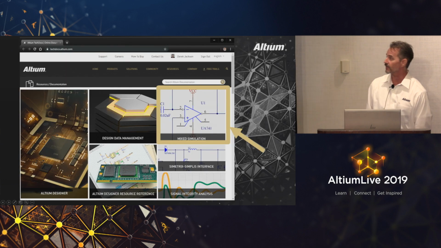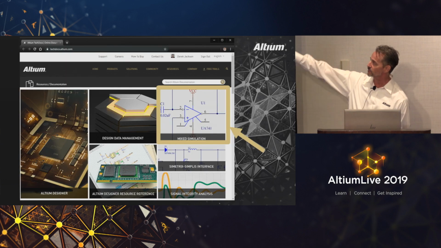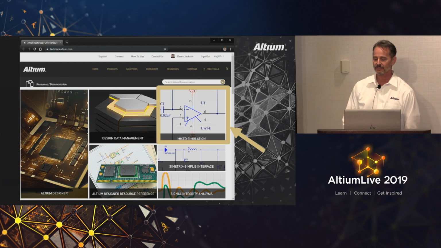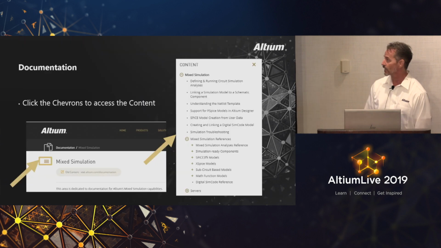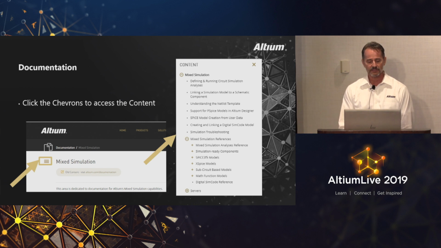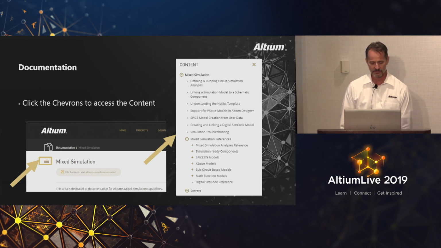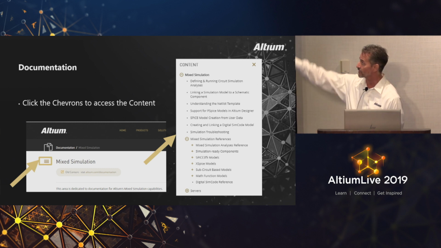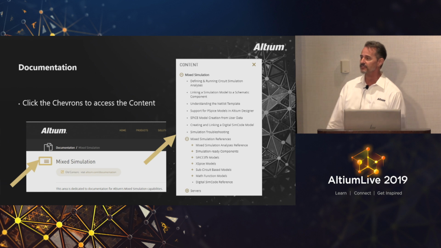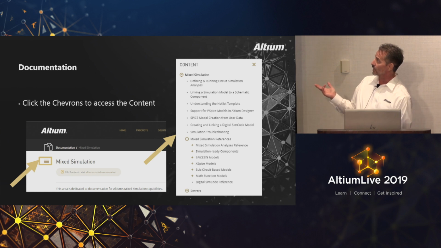So when you go to techdocs.altium.com, you'll see a mixed simulation up in the corner. Just click on it, and that'll take you to the mixed signal section. Now, navigating around there, there's a little chevron at the top. The little three bars has lots of different names, but I just call it the chevrons. And then that brings up a little navigation panel that lets you go through, and it shows there's a